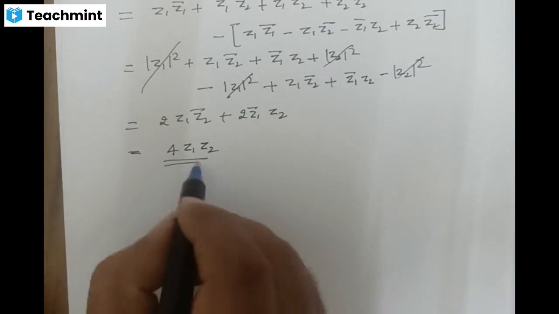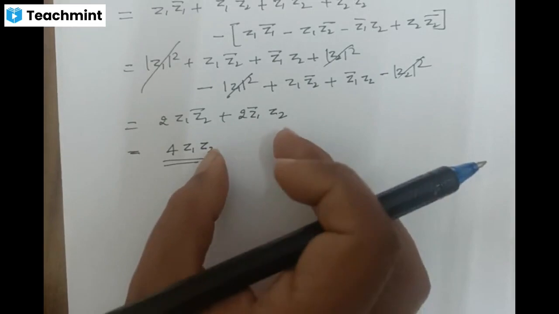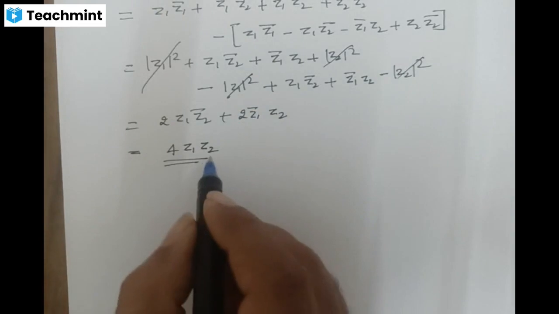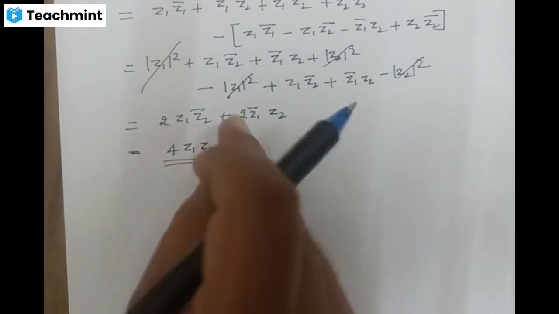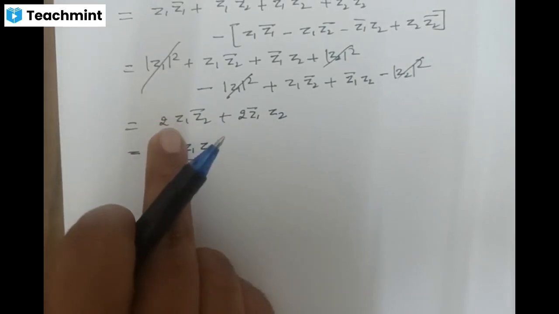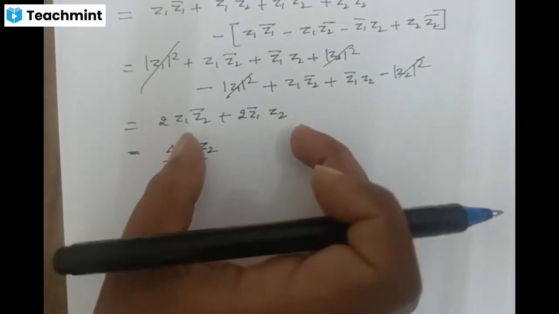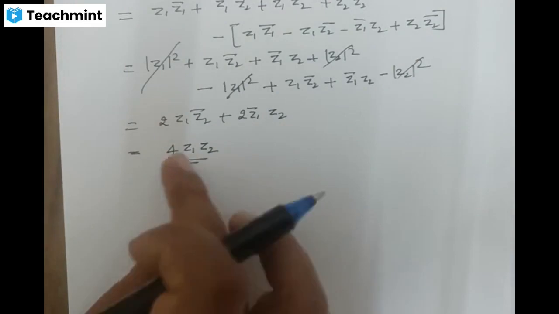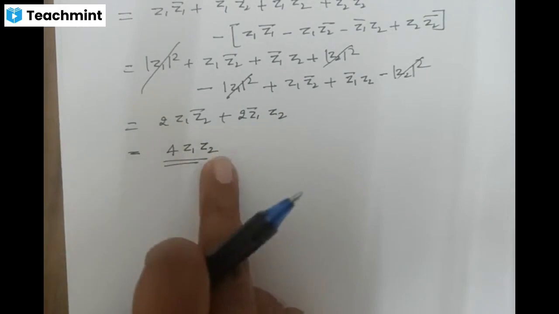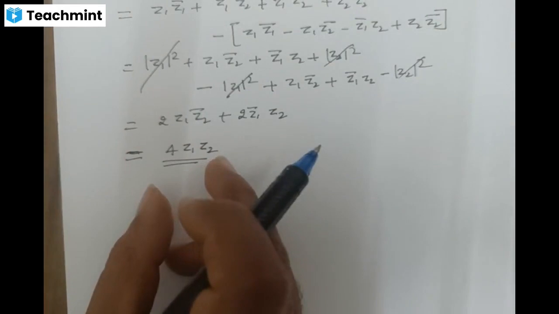If we take an example with x1, y1, x2, y2, by using one or two examples we can show that these two are equal. Take Z1 equal to x1 plus iy1 and Z2 equal to x2 plus iy2. You can simplify that, and you get 4 times Z1 Z2, or else you take 4 into this; both give the same value. But the simplification is a lengthy process, so I am simplifying only this part.